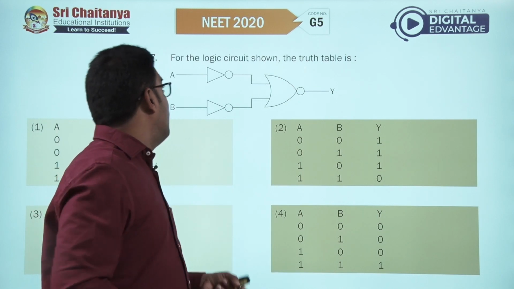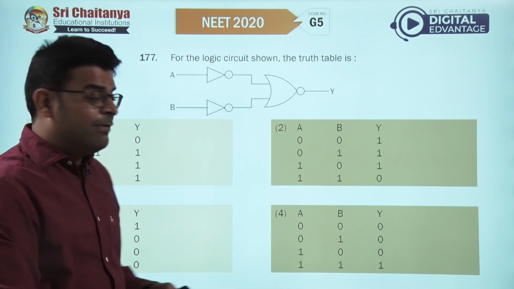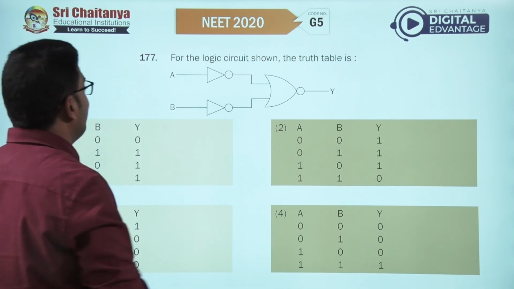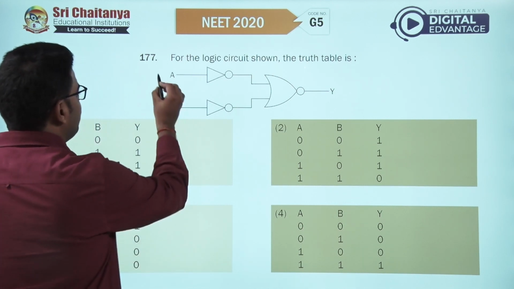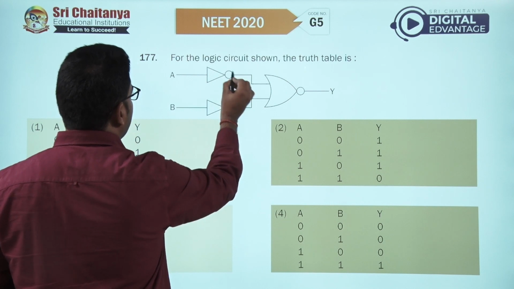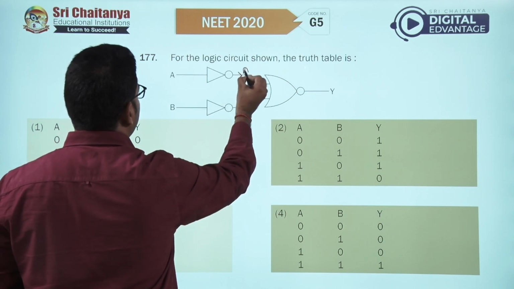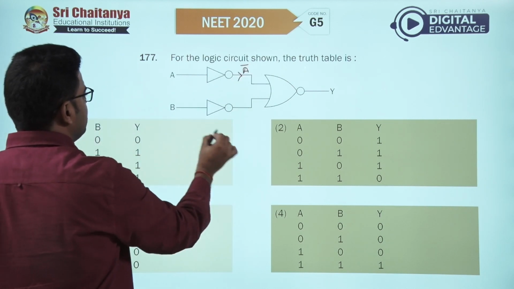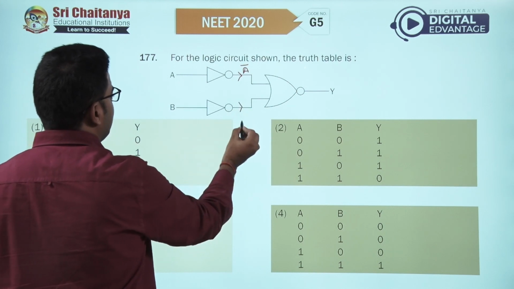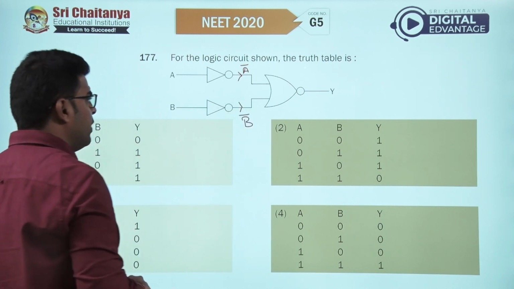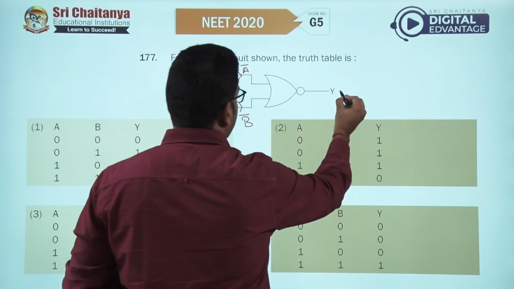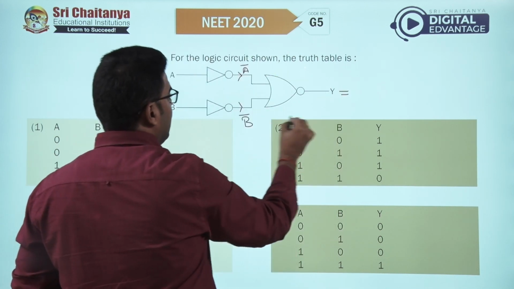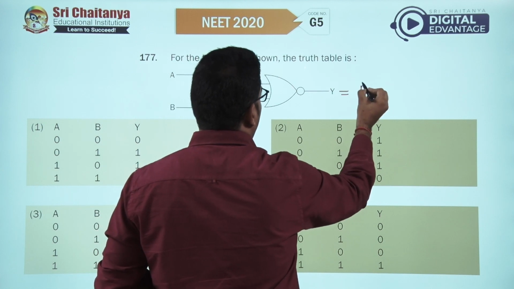Question number 177, my favorite semiconductor, and that too logic gate. For the logic circuit shown, the truth table is, so here the input is A, this is a NOT gate, it will reverse it, so the output here will be A bar. Here the input is B, it crosses a NOT gate, so it will reverse it, output will be B bar. This is a NOR gate, so the output from here Y will be nothing but sum of the two inputs